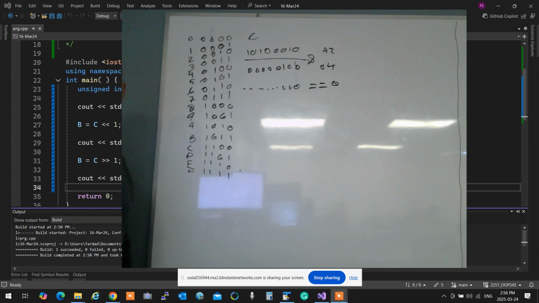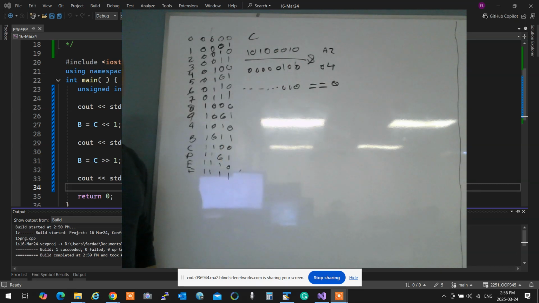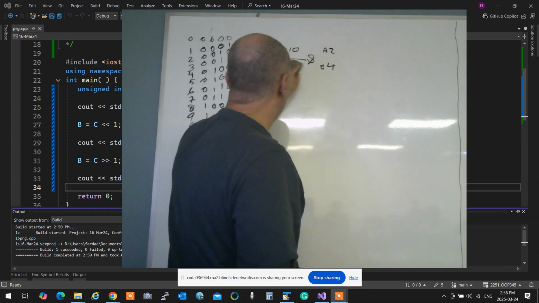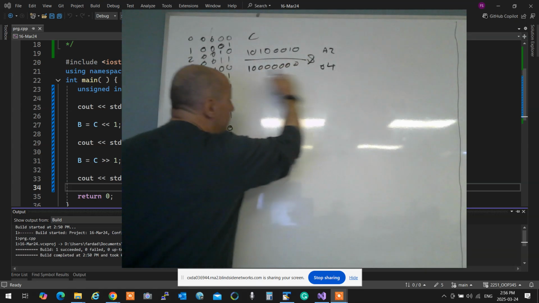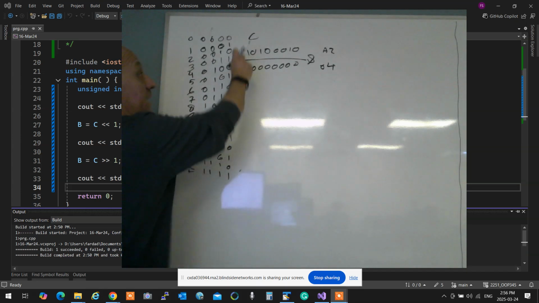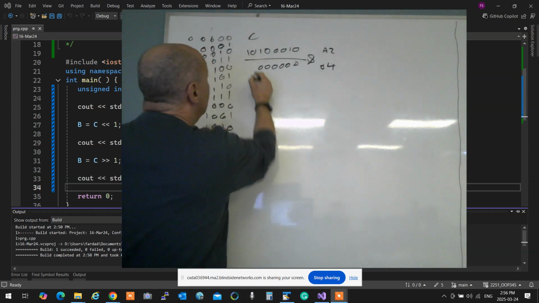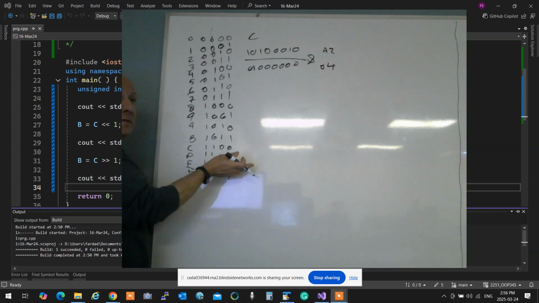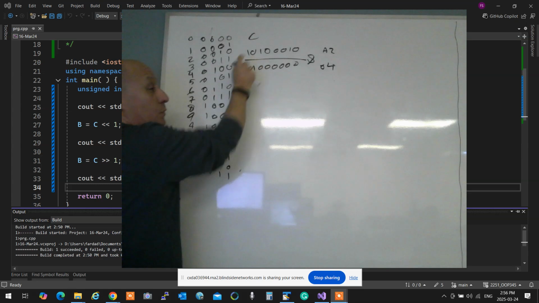Do we understand this? I just found a way to find out what is the content of a bit. All I need to do is to create 1 and all zeros and AND it. If the value is non-zero, that bit was 1. Then I shift it 1 to right. I AND it again. If the result is not 0, it's 1. If it's 0, it's false. It means I can find out if this is 1 or not.